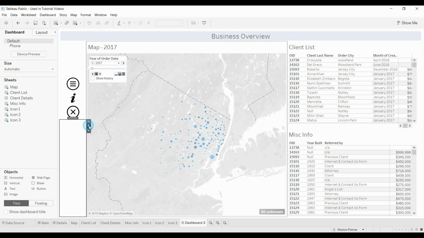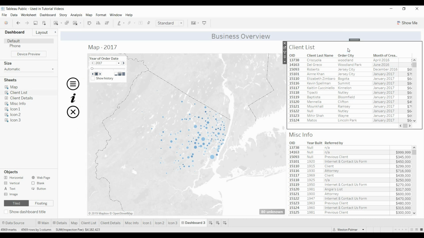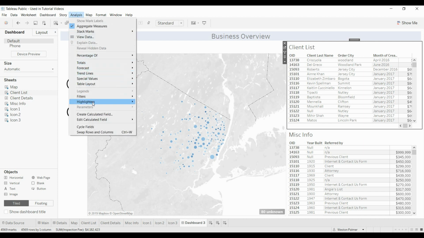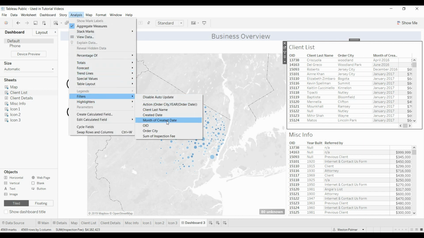And then I would take this off of height, and now if the screen gets scrunched up under automatic, it will keep these the same and just make this portion smaller. That's the main reason. The other reason, this is a bonus, come under analysis, you want to add a filter,